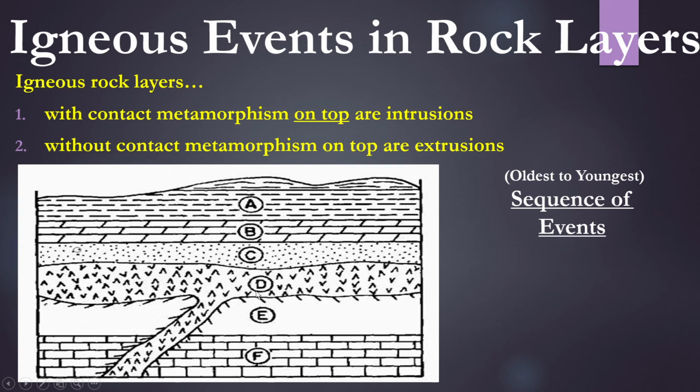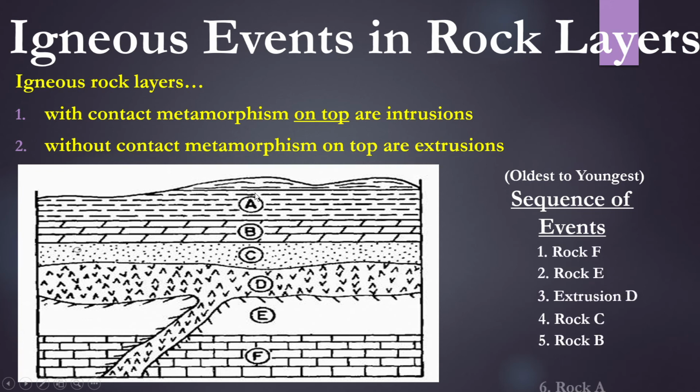Which means that when D came in, it was an extrusion, meaning some kind of volcano erupted and spilled onto the Earth's surface. The Earth's surface used to be E. D came up as a liquid, spilled out, and contact metamorphosed the bottom layer, but there was nothing on the top layer because the top layer didn't exist yet. So according to this, the order is actually F, E, D,